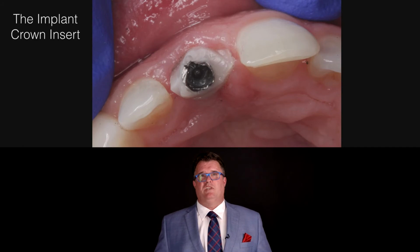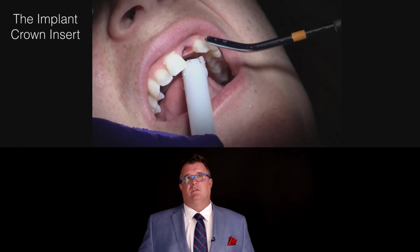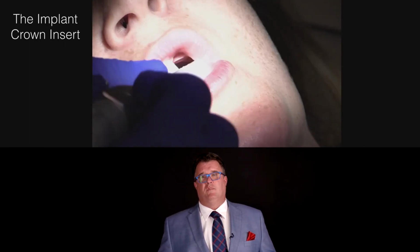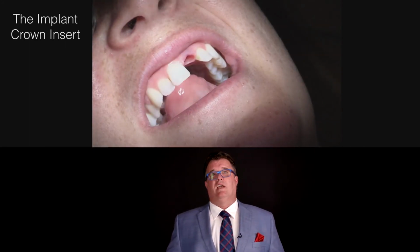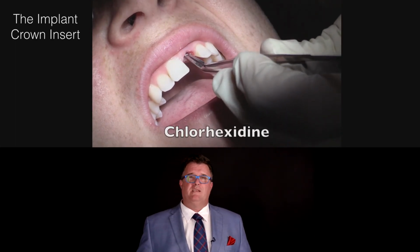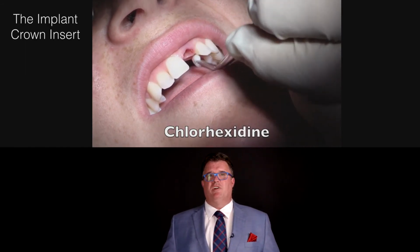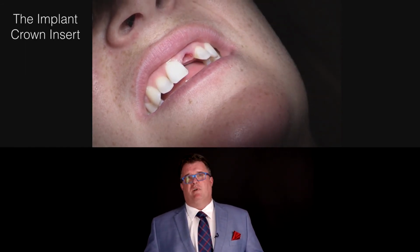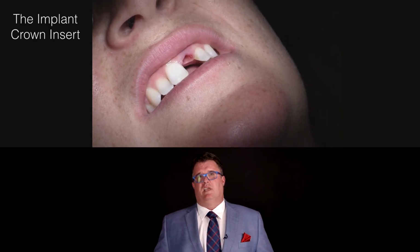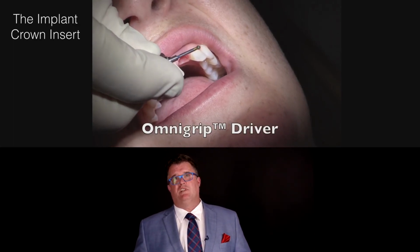So once the patient had this done, we could see that we could clean out the temporary, and we start to put the crown in, and the patient was going to have a little bit of chlorhexidine to clean the area out. We're going to place a screw retained crown at this point. So the implant insert becomes very simple because now we have a depth issue, but we can still push the tissue a little bit. We'll take this ASC crown and use the OmniGrip driver to position this and carry it